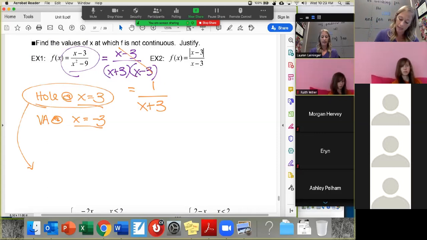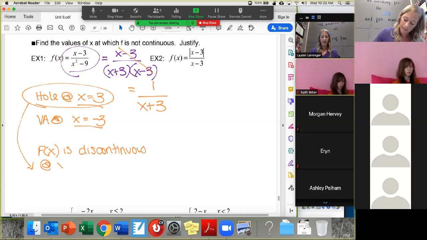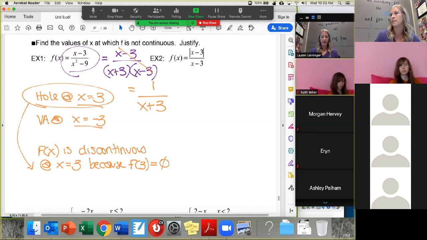So I'm going to make my statement here and say f of x is discontinuous at x equals 3 because f of 3 does not exist. Or I can literally write the words does not exist. Then I would say f of x is